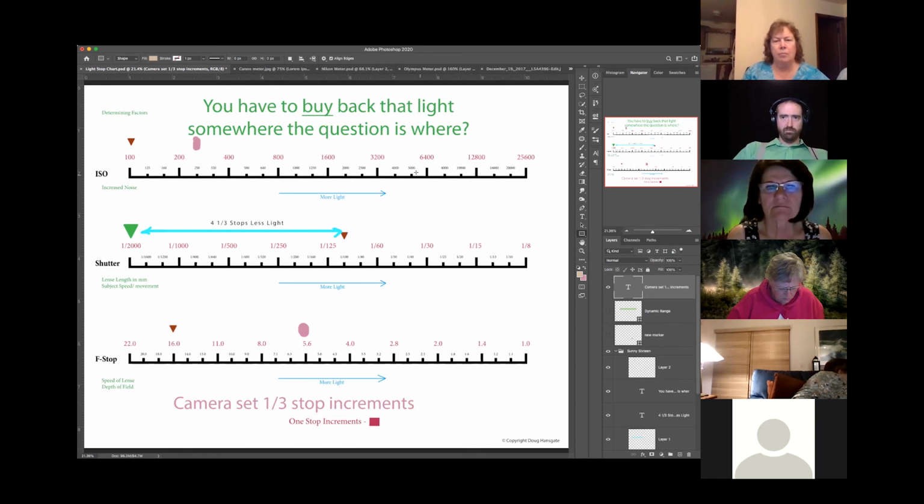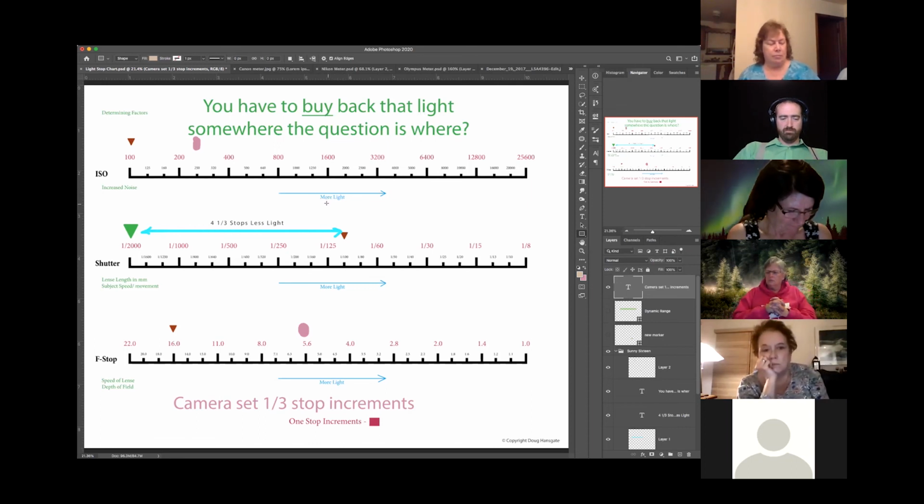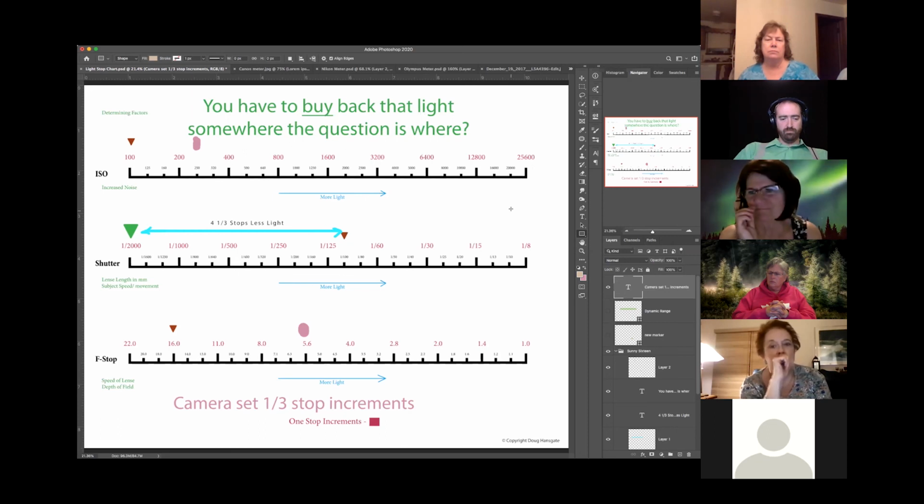My Fuji XT3, 6400, not a problem at all. My Olympus, I'm down into 1600. So I have the OMD EM1X, and I'm at 1600, maybe 3200, 2500 range. But as I get up in the ISO on that Micro Four Thirds sensor, I start to lose quality. So everybody's going to have some parameters. We're going to start off with those parameters in the next class, so we'll talk a little more about